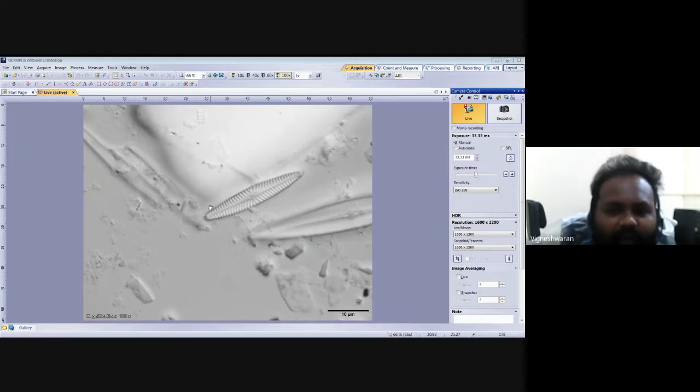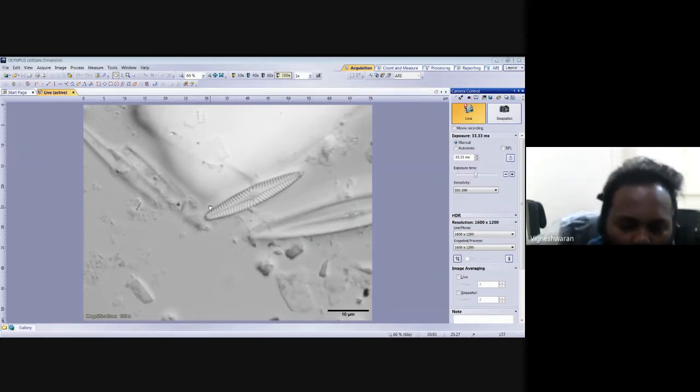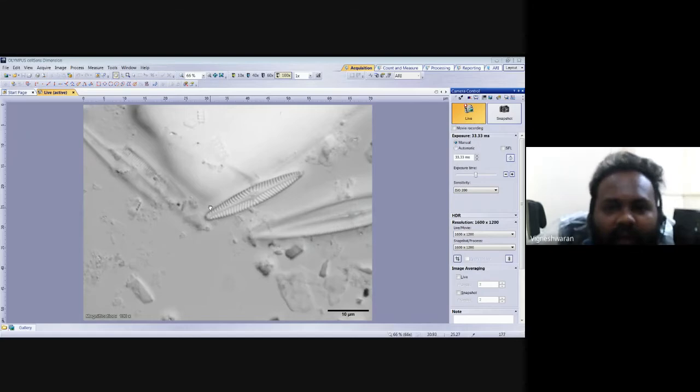So what happens here? The diatom will go through size reduction. There are two ways of diatom growth: one is sexual reproduction, another is asexual reproduction. One bigger diatom, as I said, is like a soap box. If you open the soap box, inside every individual part of the soap box, another small soap box will come like this.